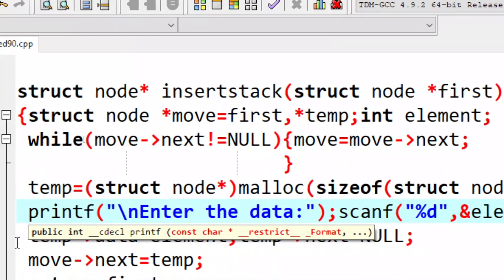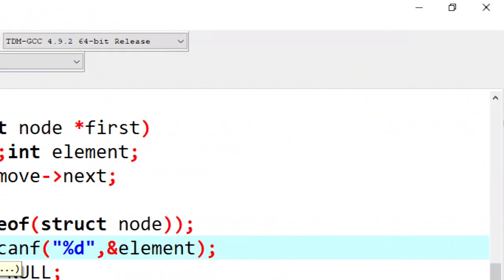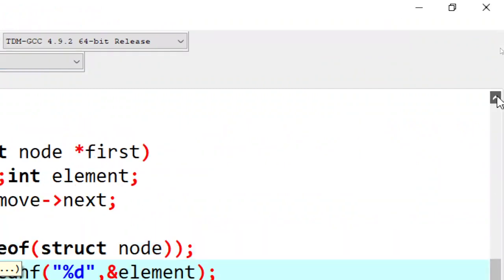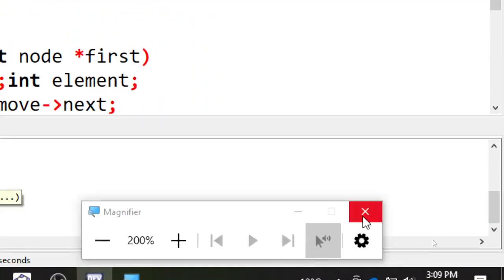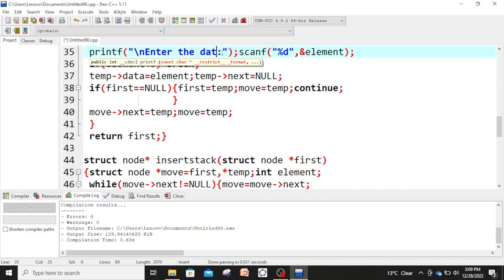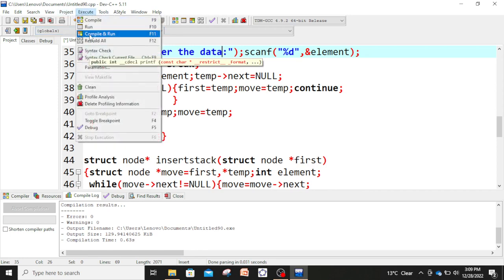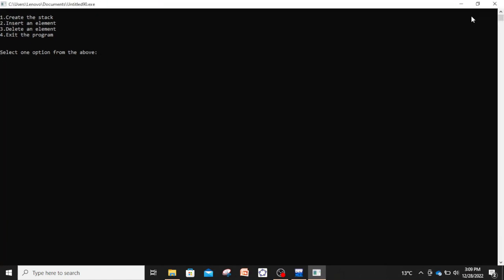So let me check whether it is wrong. Let me keep it small, and here you see again date, here will be data. Okay, now again I run. Okay, now I magnify,